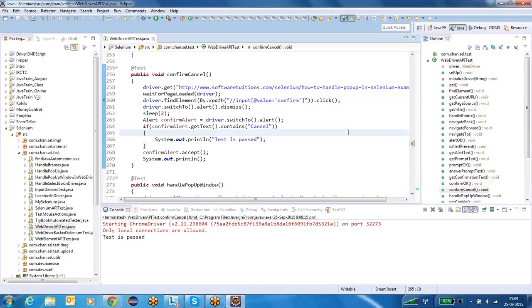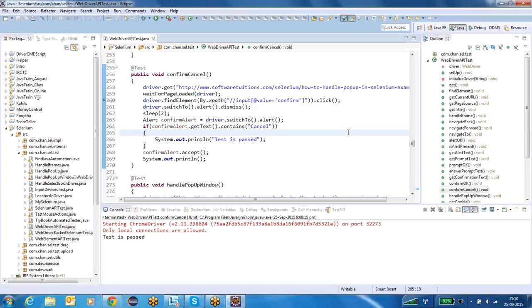So totally you have to remember 4 methods only. First you have to remember alert. To handle any kind of alert or prompt or confirmation, you have to call alert only. If you call alert, the context will be switched from the main tab to the alert. Okay, alert or prompt or confirmation. That will switch the context from tab to the alert. Then to read the message of it, you have to call getText. That will return the message or text that you have in the alert or prompt or confirmation.